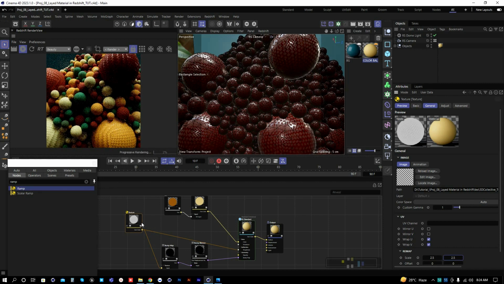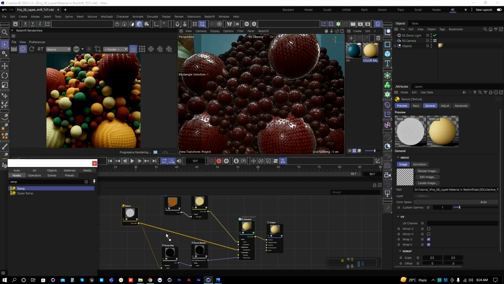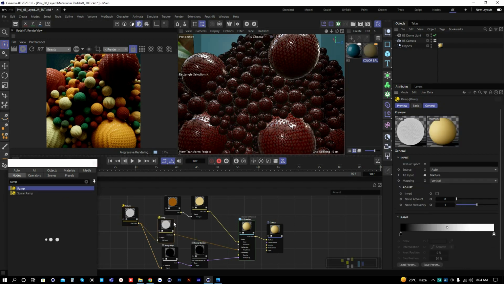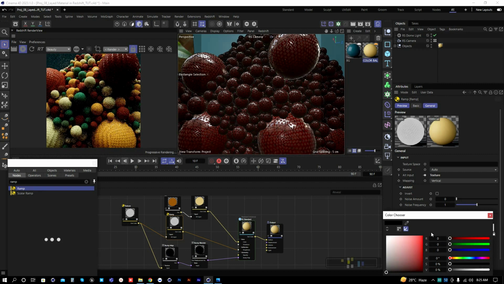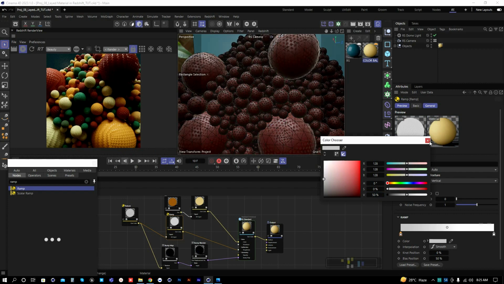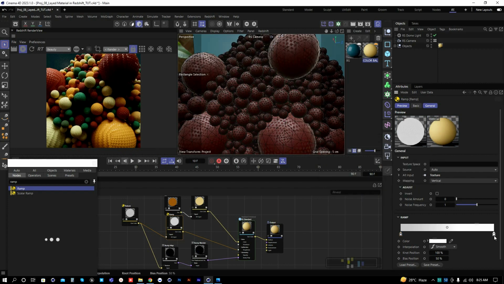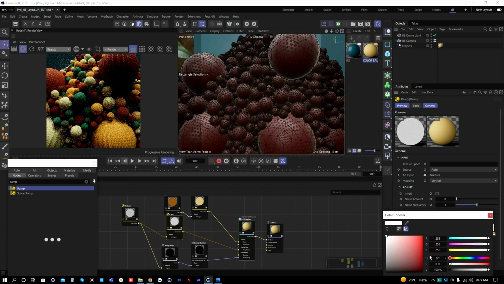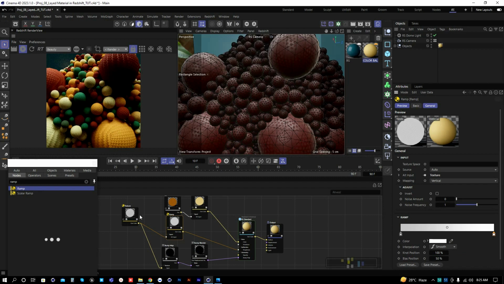Okay, but we can do one more thing. We can add a ramp over here to control our intensity of the roughness. So maybe around 50. Okay, and maybe around 35. Okay, so now we have,